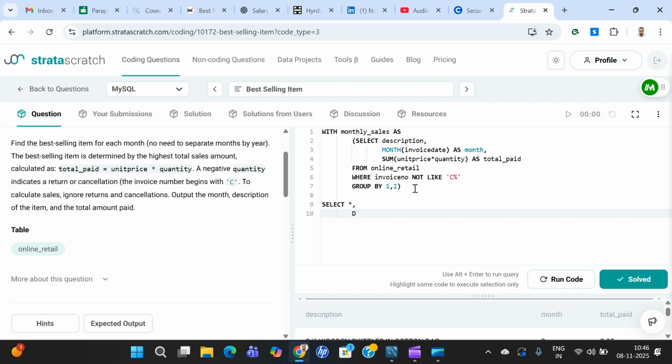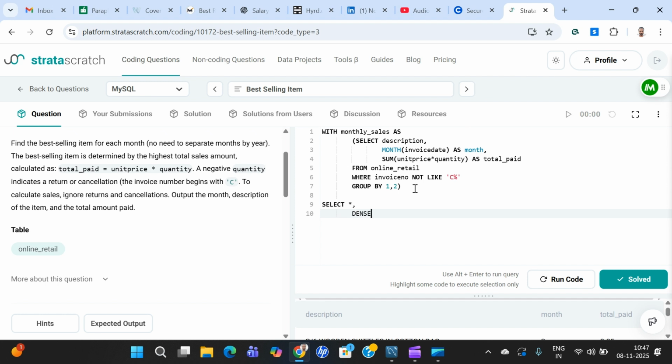Well, you can use rank, because we are focusing on only rank one. But I don't want it hard coded, because maybe later someone comes and asks, hey, I don't want only the highest sale, but the best 3 or best 4. For that you would have to make changes to this window function again. So keep the window function flexible enough so that you just have to make changes in the filter. So let's write that part,